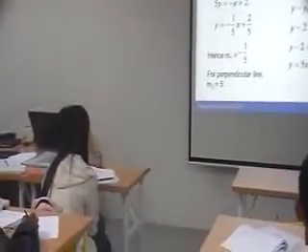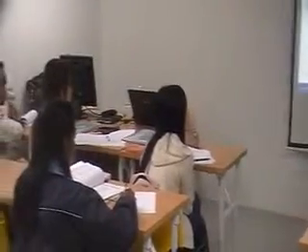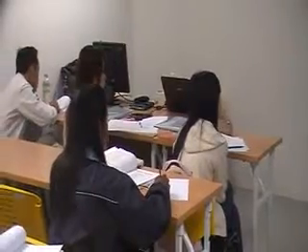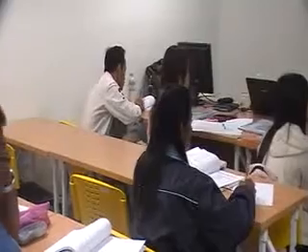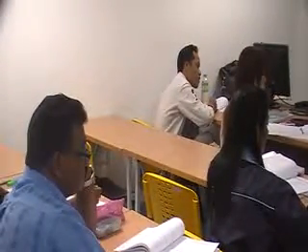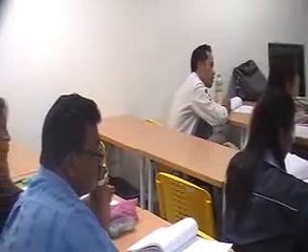Alright, but the total, no, part B, there are 4 questions, answer 3 questions. Each question is 20 marks. So part B is 60 marks, part A is 20 marks, and part C, 2 questions, choose 1, 20 marks. So all together 100 marks, but convert to 60% final exam. Understand? Okay, any questions so far?